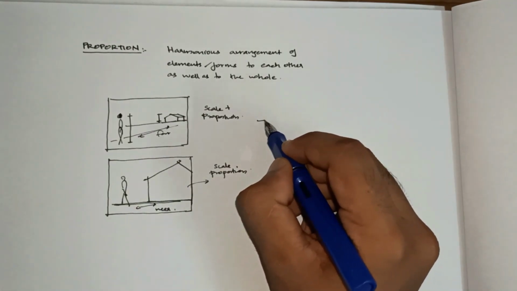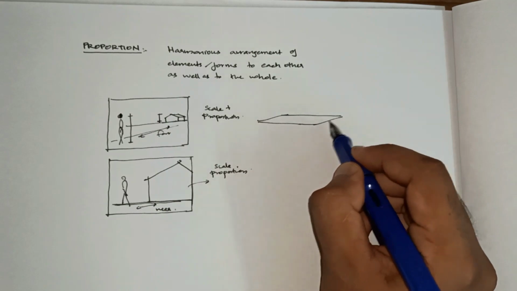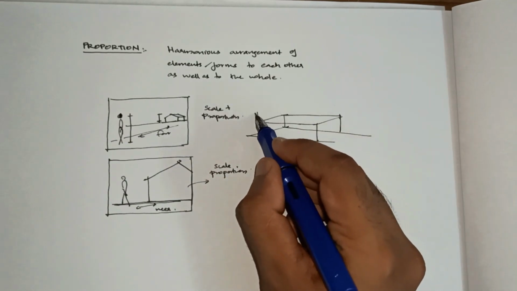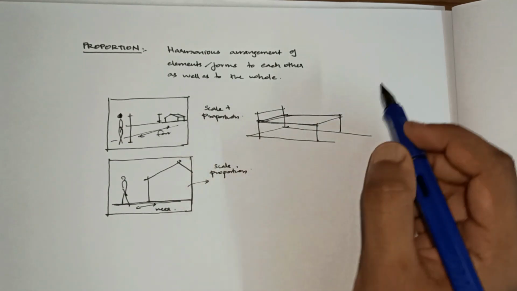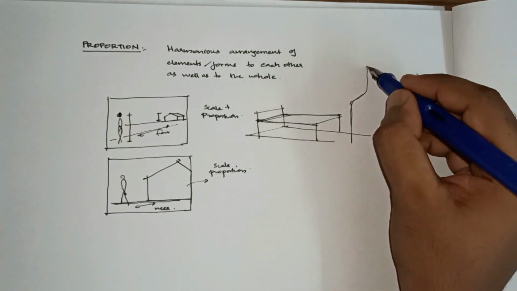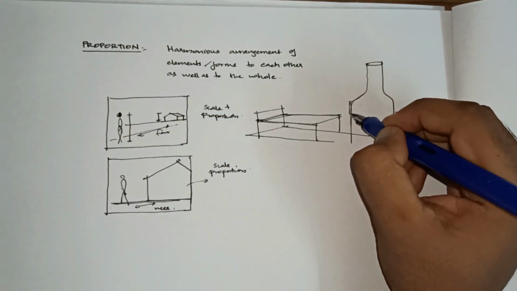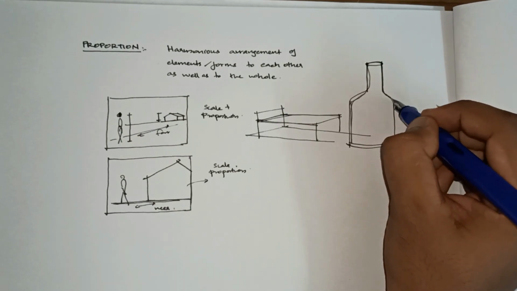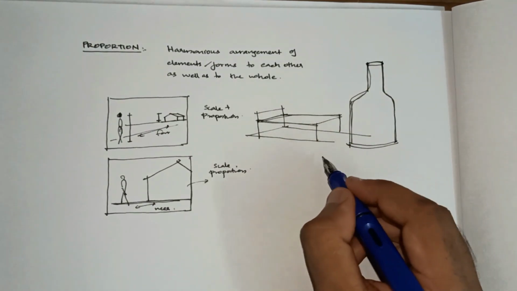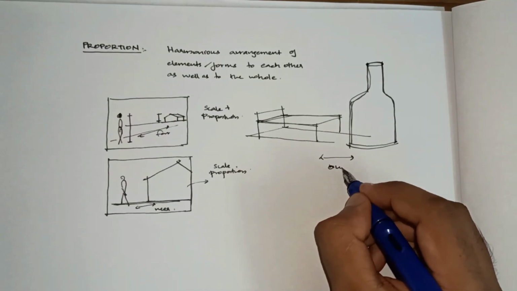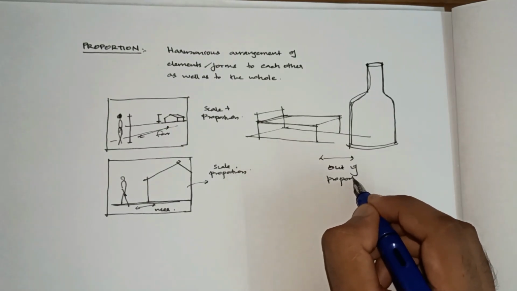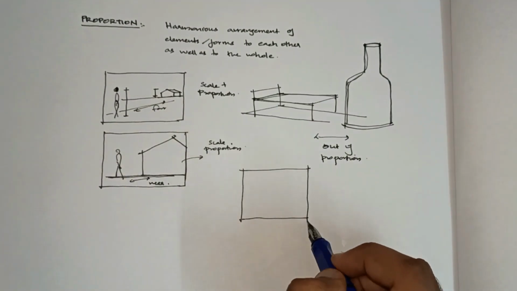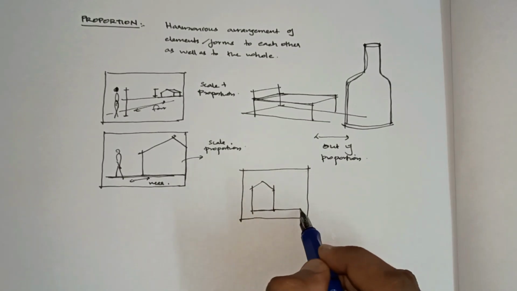Imagine I have a bed here, right? And imagine I am visually placing a bottle. So we know that normally a bottle should be smaller in size compared to a bed. But here there is an out of proportion situation. So from an exam point of view, they might give a composition, say a particular building, and they might